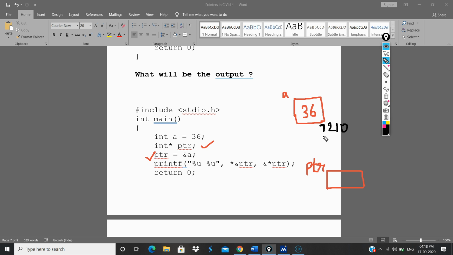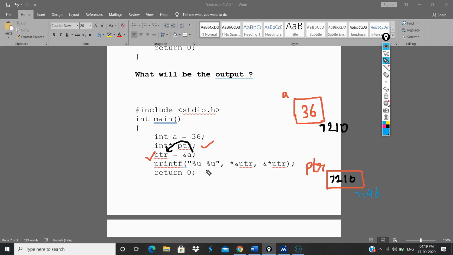So the address of a is 7210 and we assign it into ptr, which is a pointer. So within the box of ptr it will be 7210. Now let's assume the address of ptr is 7146.